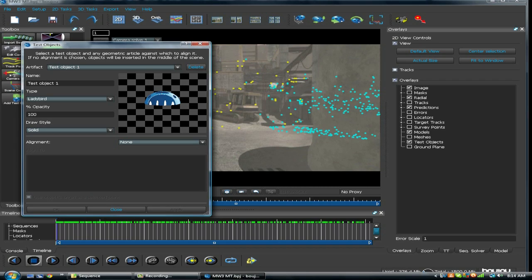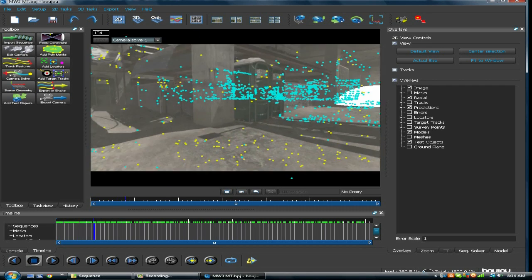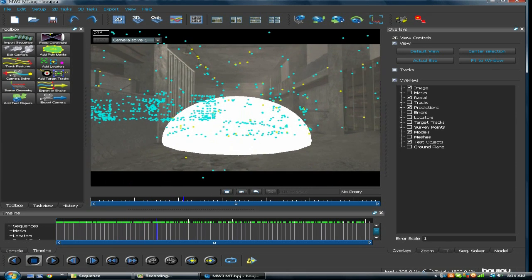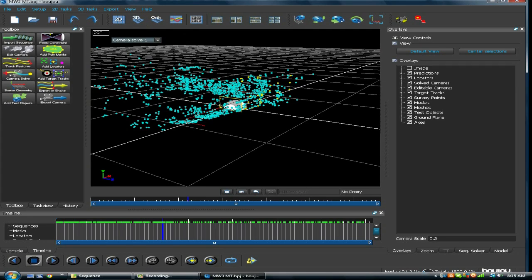So what this does is it adds this right here basically. I don't know if it's a ladybug or one of those bugs from The Mummy Returns where they're all just swarming at him. Well, anyway, just add one of those, exit out, then it should be at the origin or the center of your clip. And yes, it is motion tracked well and everything. So go back to 3D, and yep, that